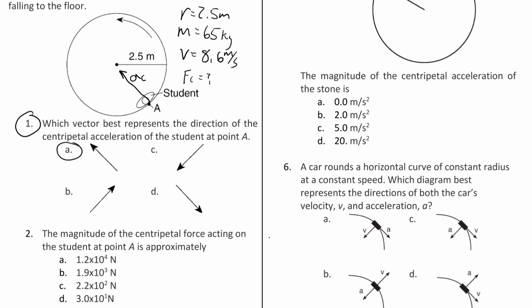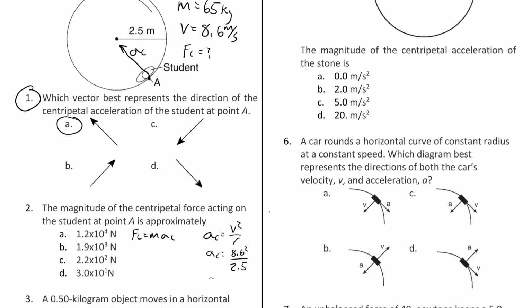Your reference table has an equation for centripetal force. F is equal to ma. Fc is equal to mac. It's basically Newton's second law for circular motion. So we're looking for the force, and we have the mass, but we don't have the acceleration. So if you wanted to use this formula, first you'd have to find the acceleration. It's equal to v squared over r. So the acceleration is equal to 8.6 squared divided by the radius, 2.5,